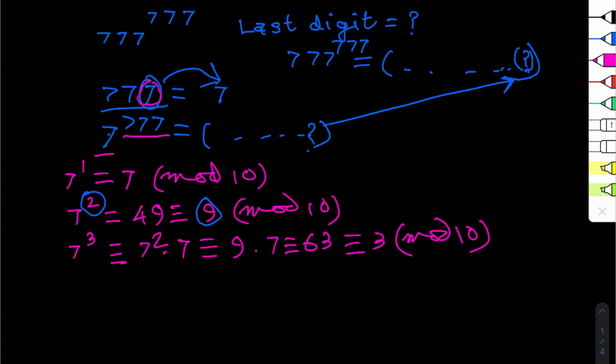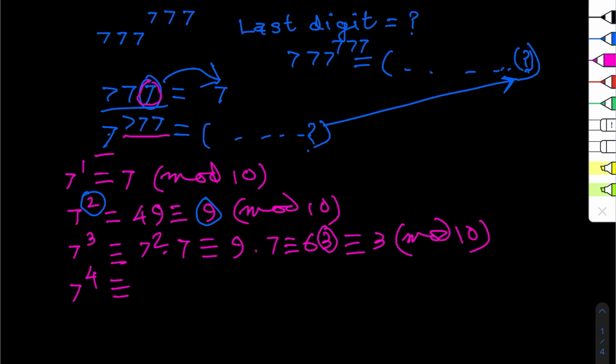Because in 63, 3 is the last digit or the unit digit, that means when 63 is divided by 10, it will give the remainder 3. So for 7 cube we have got 3 as the remainder,